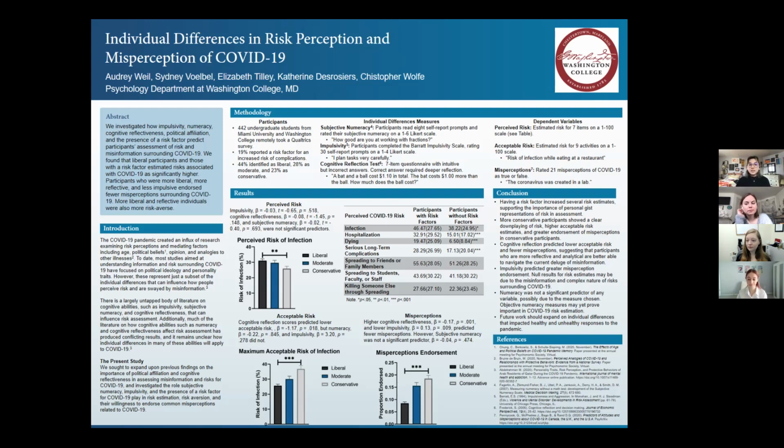And then lastly, we believe that numeracy wasn't clearly related to any of our dependent variables or measures. And this might be due to the specific numeracy scale which we chose. The specific numeracy scale we chose was the subjective numeracy scale. This specific scale is short and subjective and self-reporting. We believe that this scale was possibly too short and too